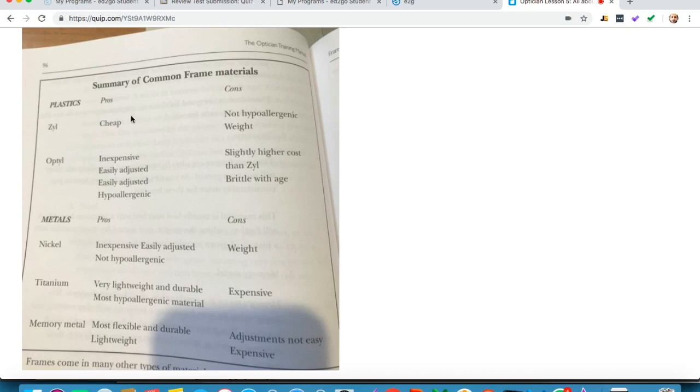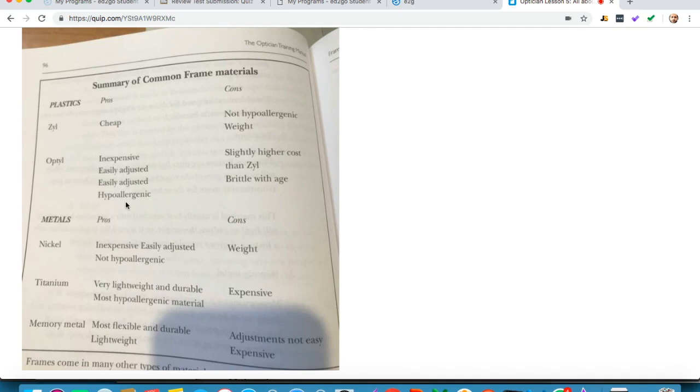So the most common forms are plastics and metal frames. In plastic, the most common ones are zyl and optyl. They all have pros and cons, so let's look into that. Zyl is cheap and you can color it, but it is not hypoallergenic, so it is allergenic and it can weigh a lot. Optyl is inexpensive, easily adjusted,